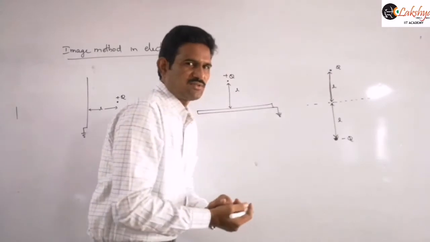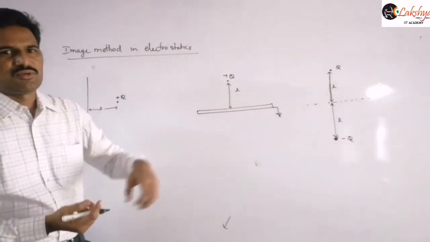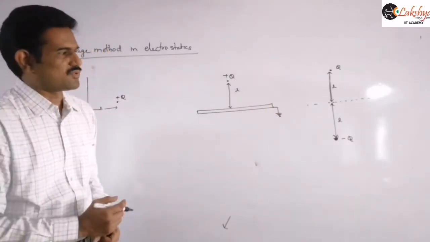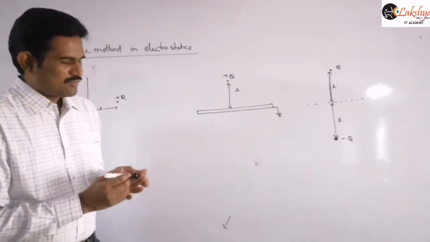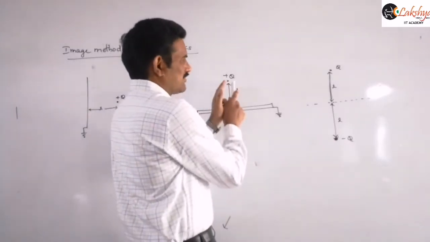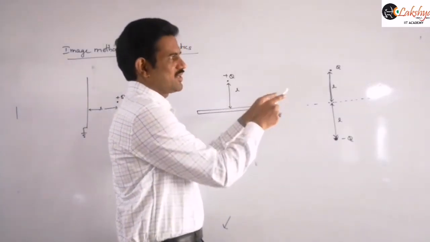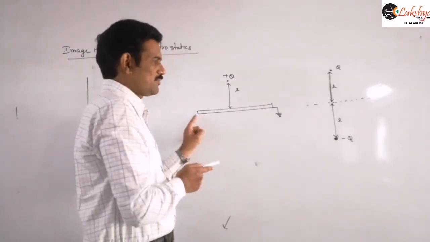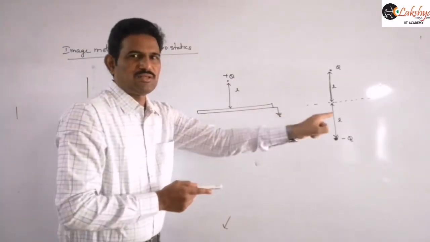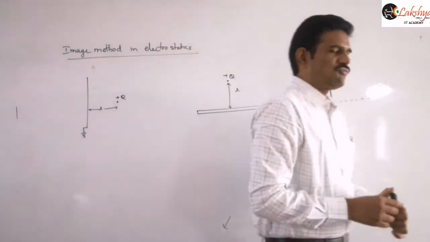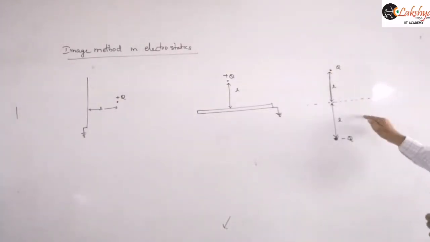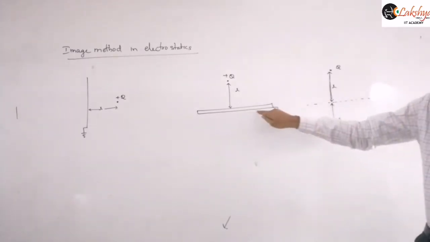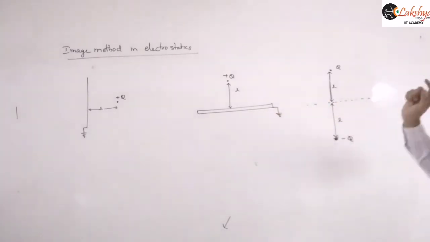Opposite charge density will be there. If it is a positive charge, then the image will be negative. If the given charge is negative, then the image will be positive. So like that, we are replacing the given charge configuration with the charge configuration itself and its image, and we are replacing this conducting plane with an equipotential surface. Now this will become the equipotential surface here. Instead of this conducting plane, we are just drawing the dotted line here.